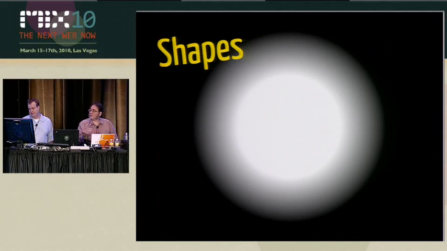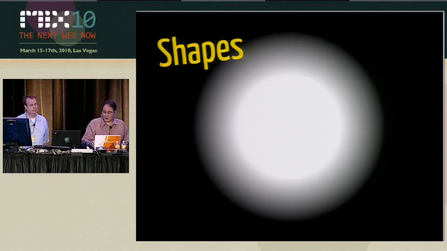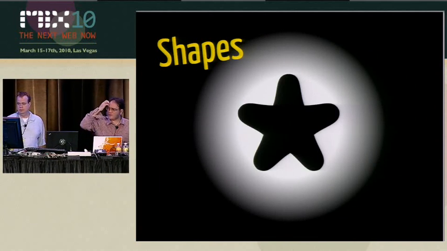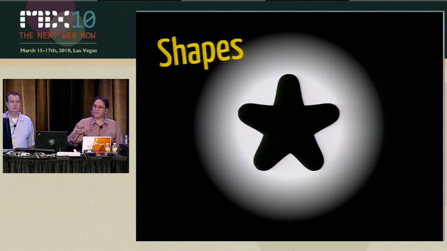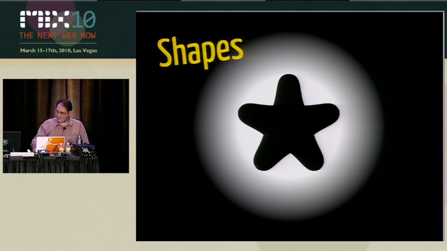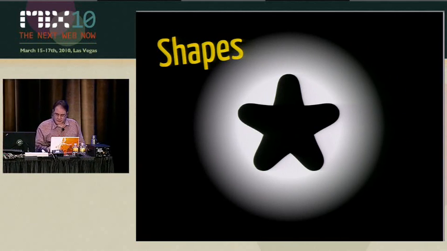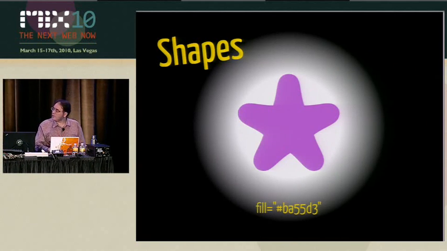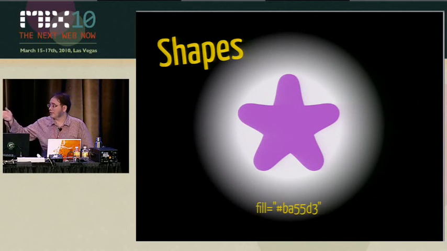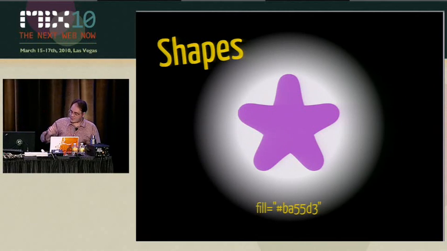So I'm just going to go through a few of the basic shapes that you can do in SVG. First, if you draw a shape in SVG by default and you don't apply any styling, it just appears as a black shape like that. This is a path element, and I'll show you that in a little bit. You can also say what the fill is, and you could also use CSS syntax for this, fill colon, and so on. So you can apply a fill to it,